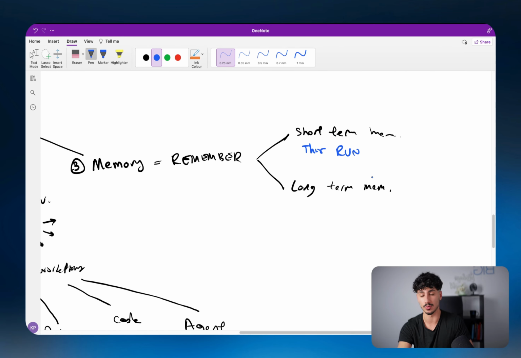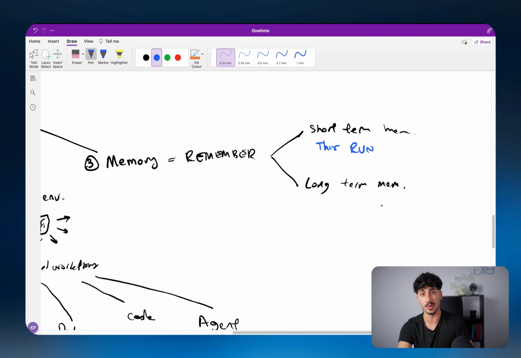That's short-term memory. Now, long-term memory means that the agent can remember what happened in previous runs, or the previous times that it ran, maybe like last month when it had to achieve some sort of task. It remembers exactly what happened then and what the feedback was after it gave out the output.